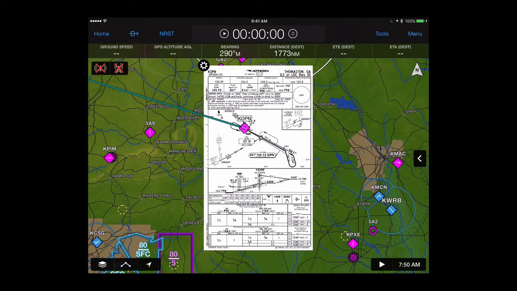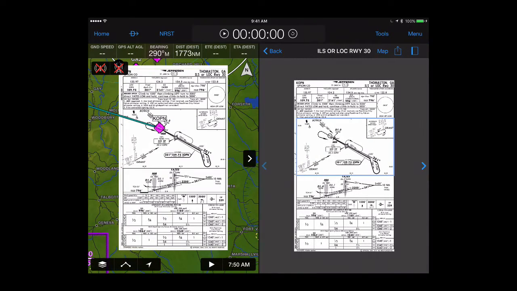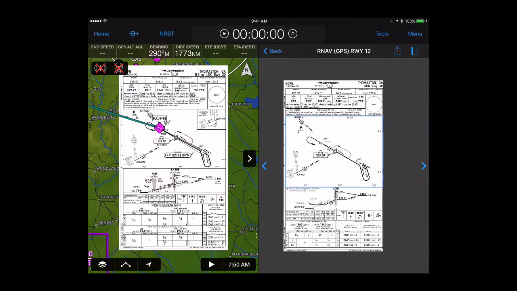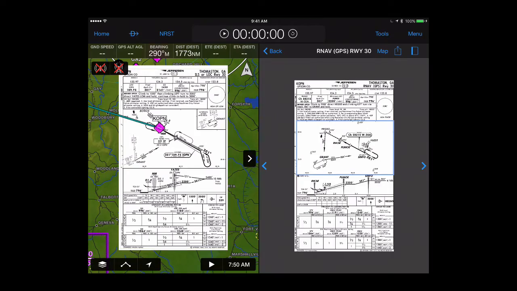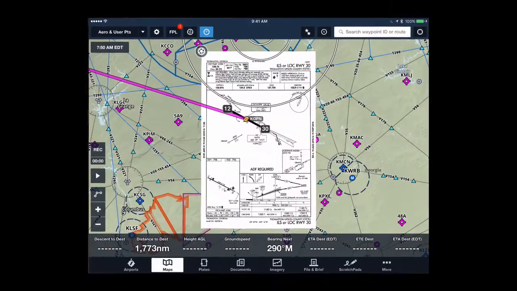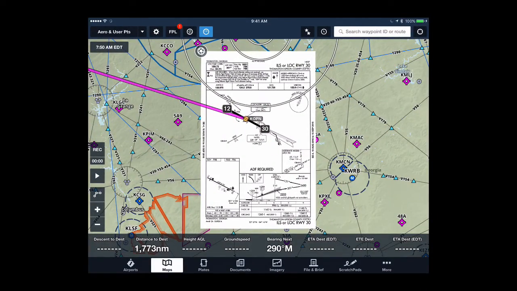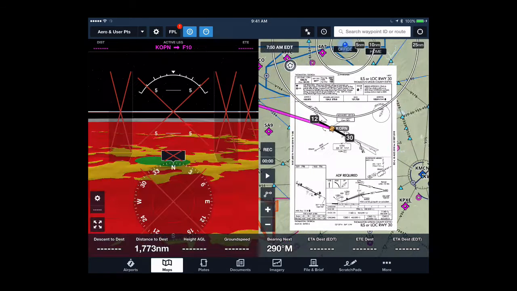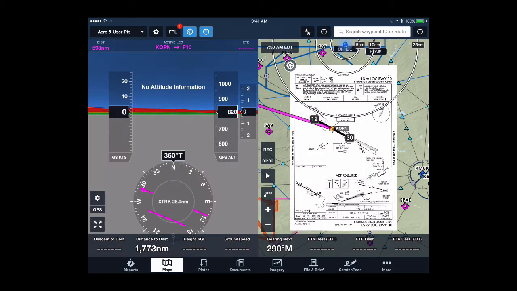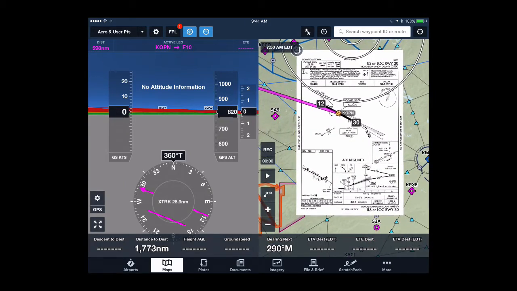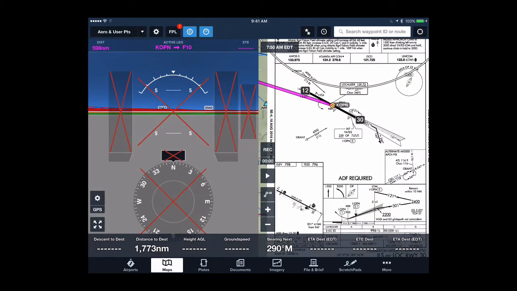If we go and split the screen with all the approach plates, here I have the ability to flip through each of the plates to pick something. If we go back over here, I can split this screen with my synthetic vision, but I don't have a solo approach plate here. I have to use the map itself to be able to view this,